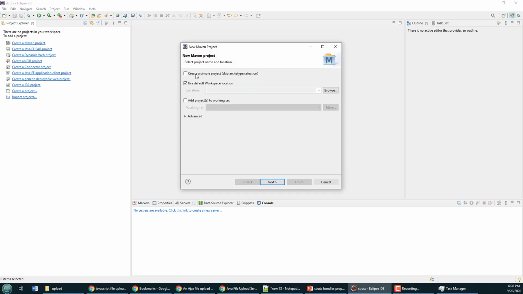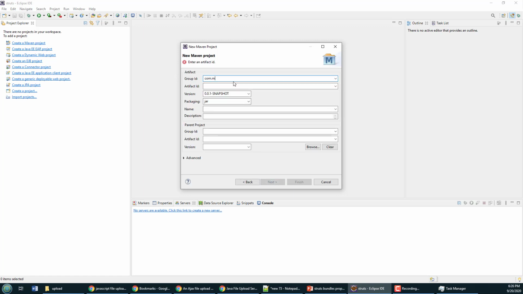It's going to be Maven based here. I like Maven. I'm going to choose to create a Maven project, just a simple one. And for the group ID, I'll make it com.mcnz.web. The artifact is going to be Servlet Java Web Ajax upload, I guess. And then the package, which is the only thing that really matters here, is going to be war, because this